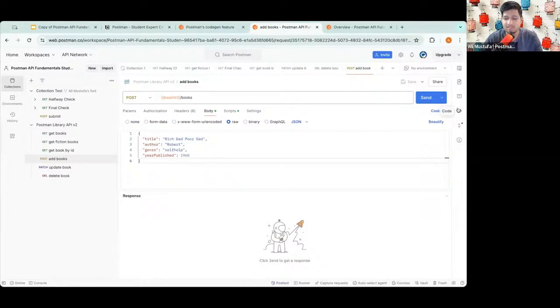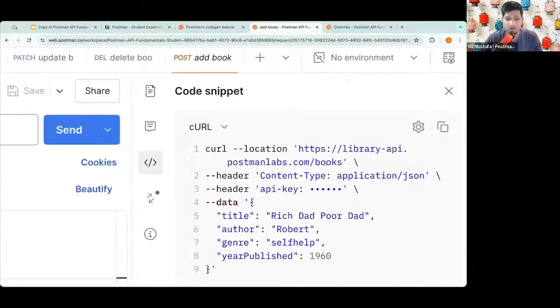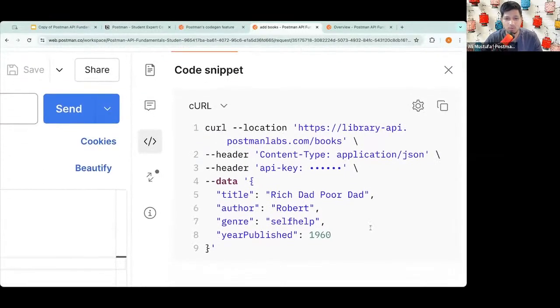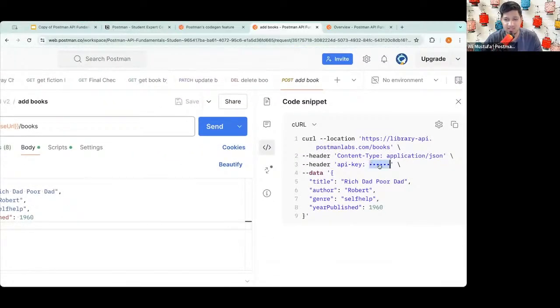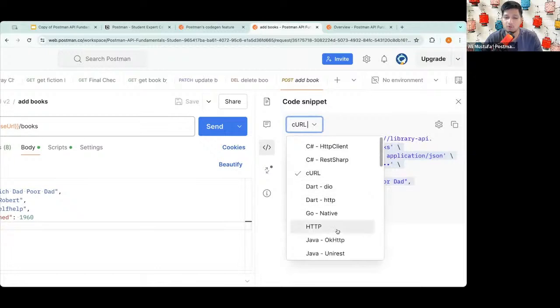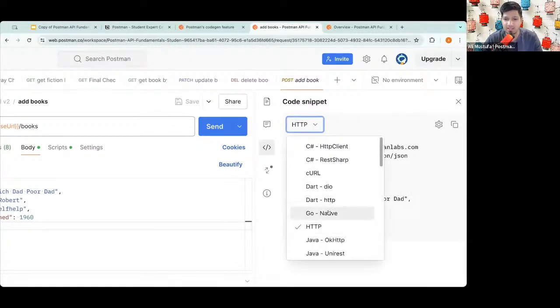On the right hand side, you will see this icon called code just below comments. If you click here, you can see there is a new code which will get generated. And you can see the API key is hidden here. And then there are other details which are added right here in the call command. But if you choose HTTP, you can run it like this.